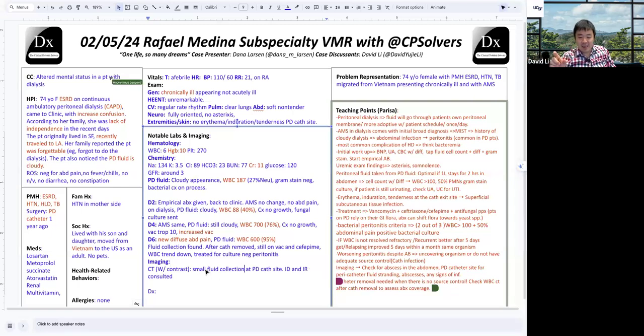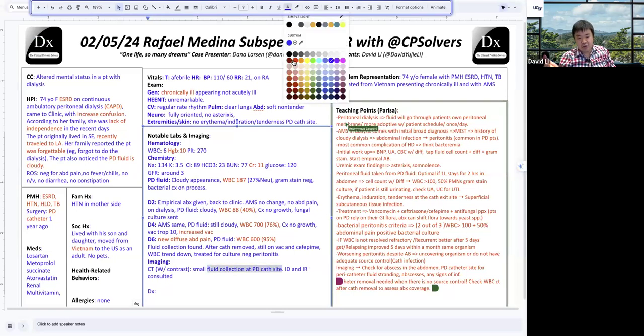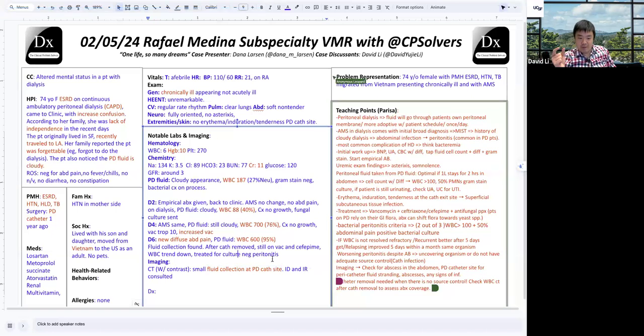So iodinated contrast with CAT scans can cause a transient kidney injury from a mixture of the osmotic load itself. It's a very high osmotic load. And then two, it can transiently decrease blood flow to the kidneys. In patients that are already on dialysis,